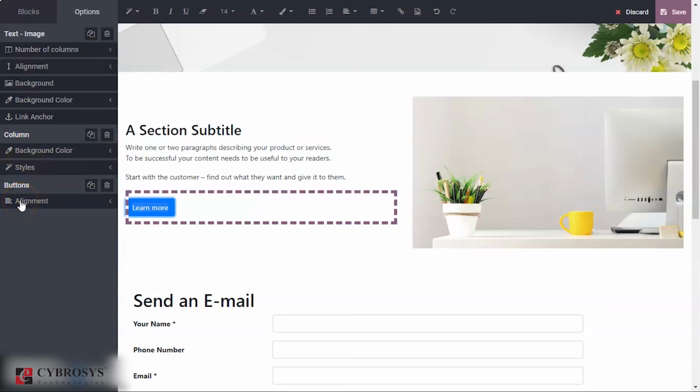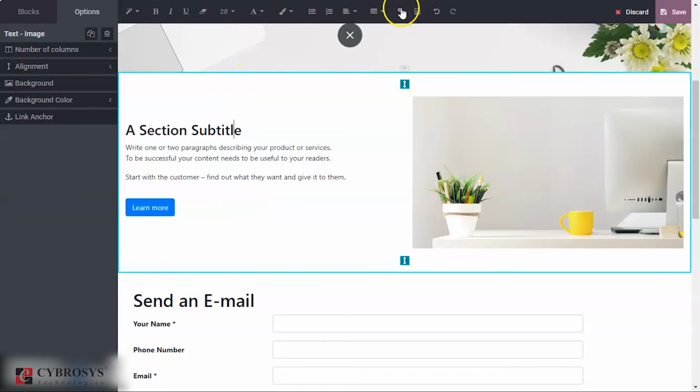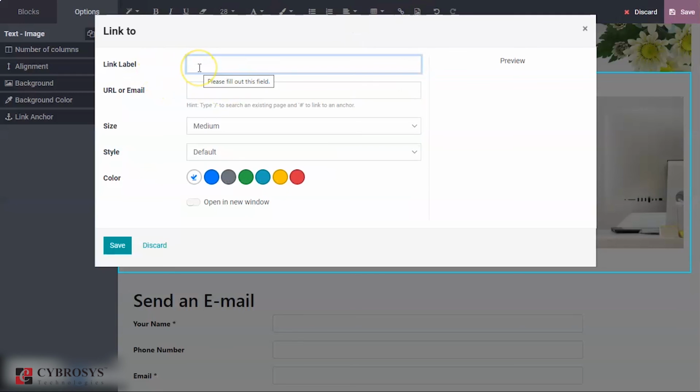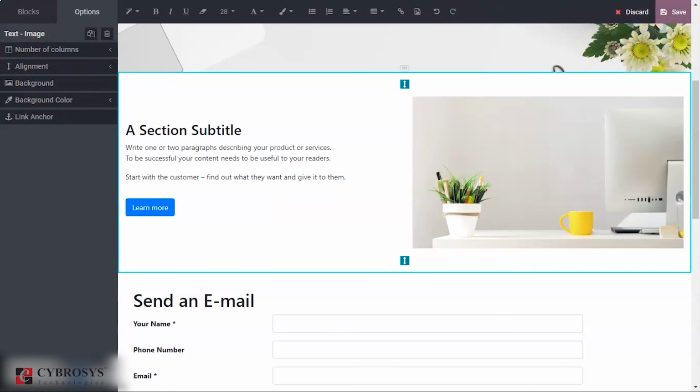Then button alignment can be set here, and you can also give some size for your titles, and according to this, priority will be given to those titles. And you can add a link here, to which it needs to be redirected. If you are setting a link to a button, it will be redirected to some page. So in this way you can customize our pages in our website. Okay, I'm just saving it.